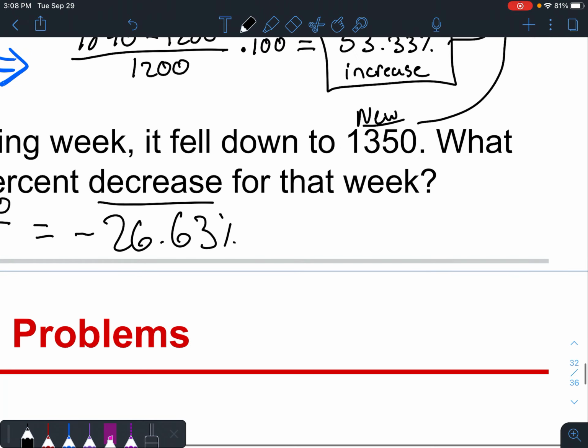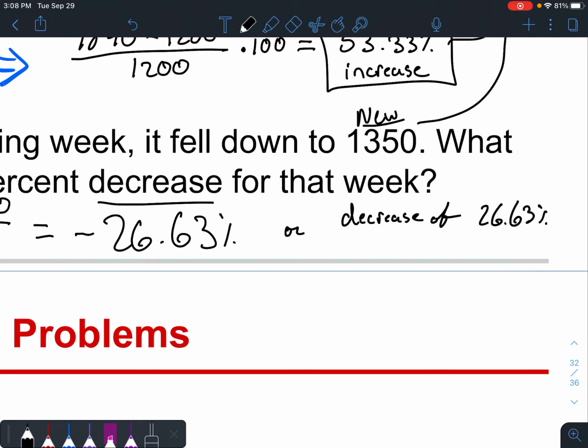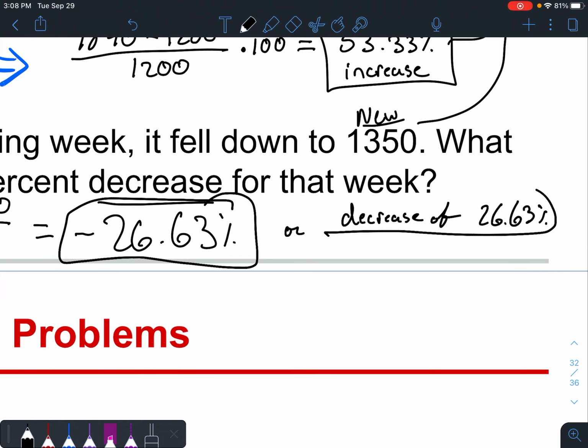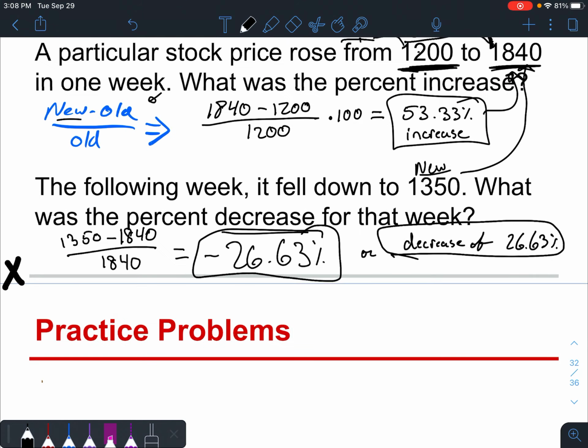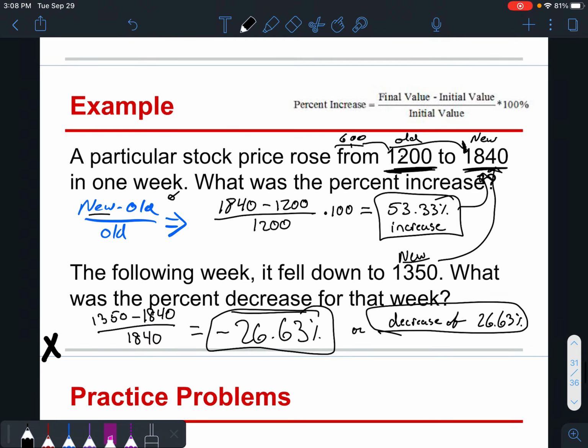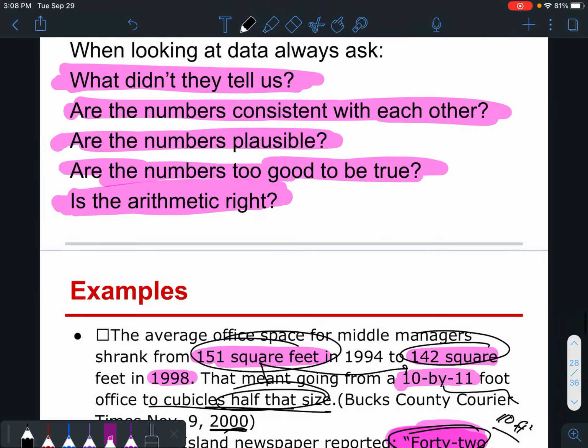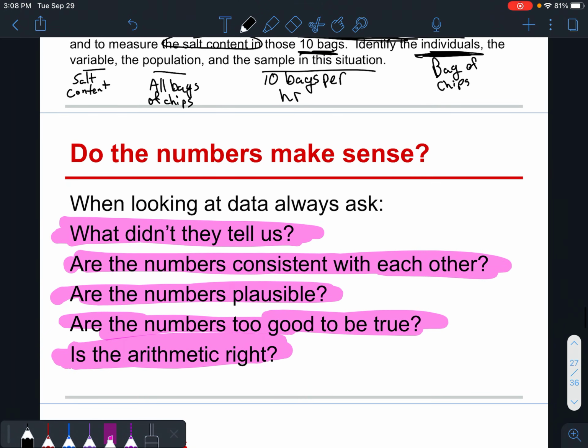So you can say that, or you could say a decrease of 26.63%. Really, the presence of that negative sign is telling me that it's a decrease because you're going down. Obviously, the negative sign means that. Or if you'd rather, you can say a decrease of 26.63%. I'm fine with either. So that is section 1.3, talking about